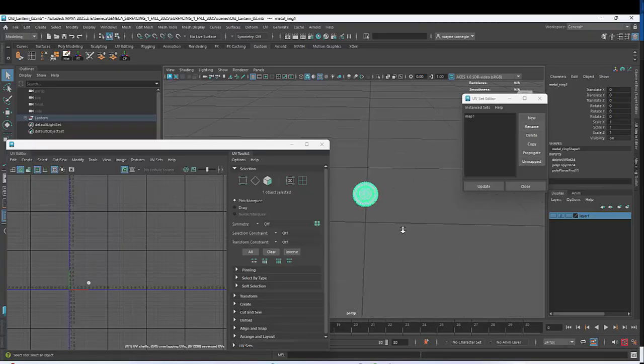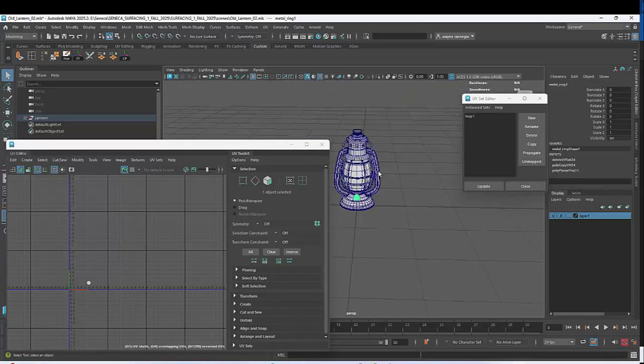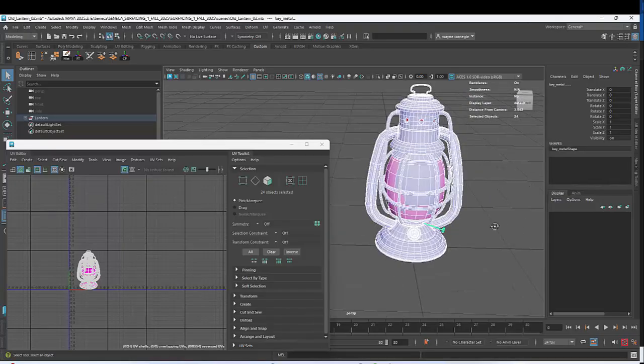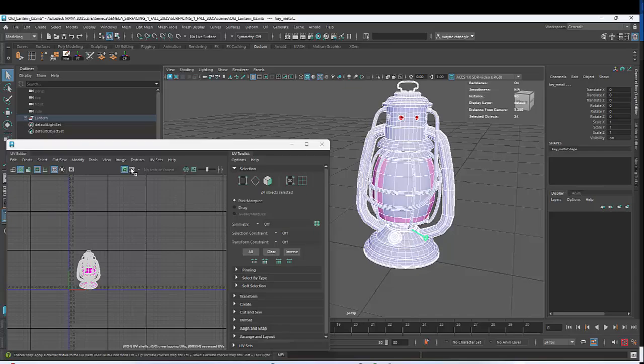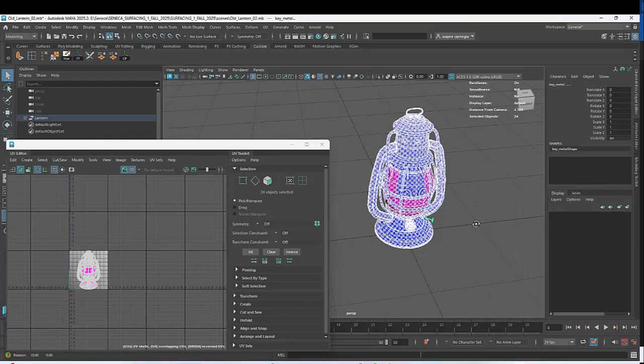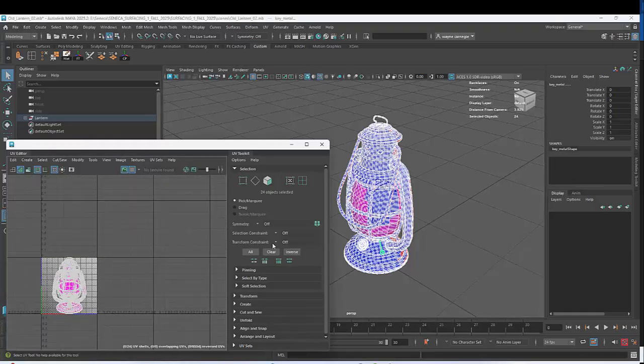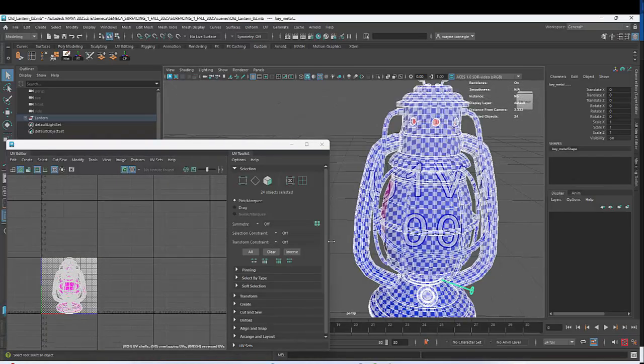All right, cool. So let's turn back on everything and select everything. You could right click and delete this folder. You could press delete history, and you could hide the UV set editor, because we just went through and did all of these. Turn on your checker pattern. As you can see, the reason why we do that camera projection in the beginning is so that everything is at a good scale in here. But once we've done that,